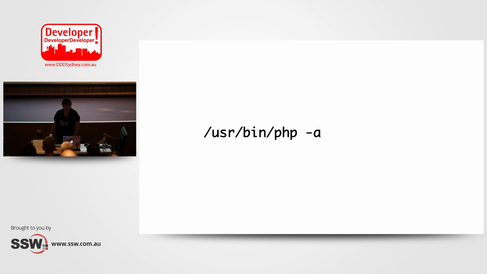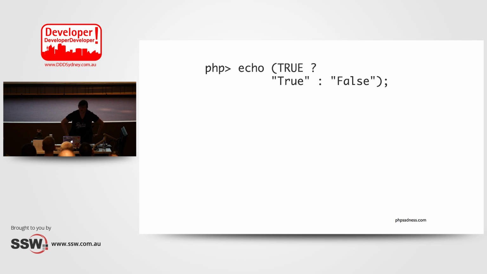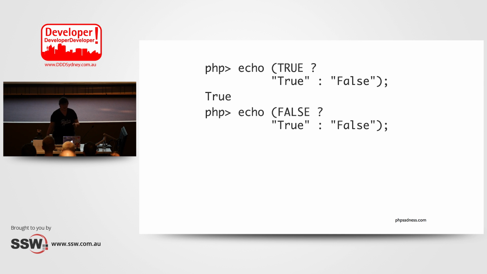Let's talk about PHP. In PHP, we can use ternary operators. This means that if we were to have a true statement, we would execute the true branch. If it's false, we would execute the false branch. So, in this case, it would be true. Because it's true, it'll go to the left side. If it's false, it'll go to the right. That's fine. If you're chaining them,